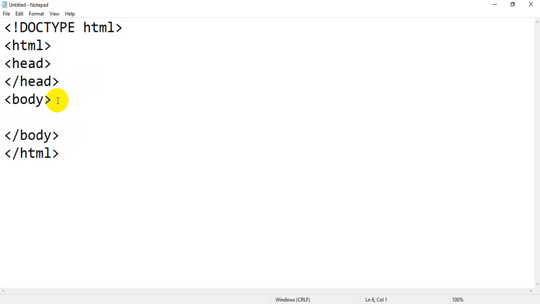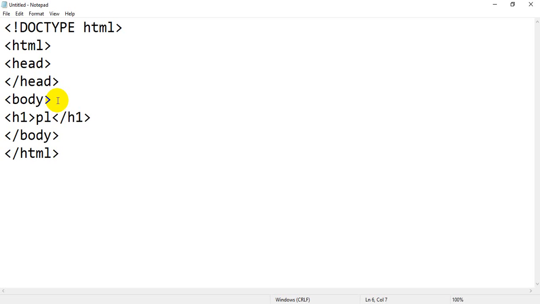So inside the body tag I will take an h1 tag, then closing h1. These are some basic things which we have to do to create any web page. Okay, so it's compulsory. So I am going to assign the heading. What is the topic for today's discussion?